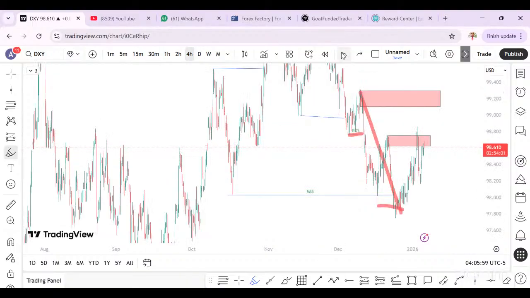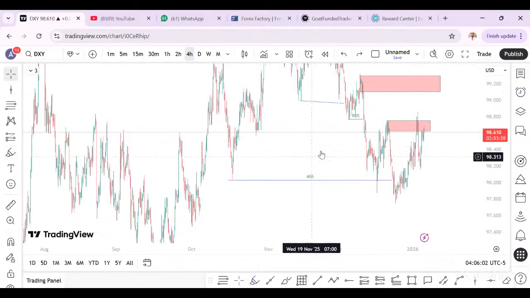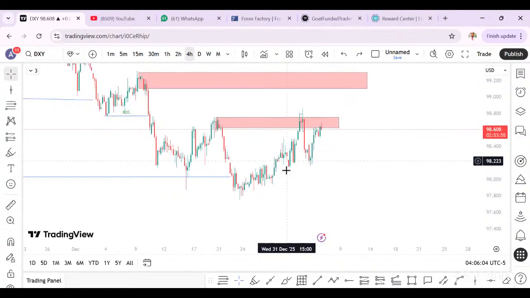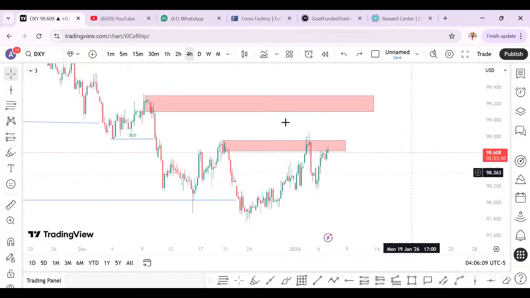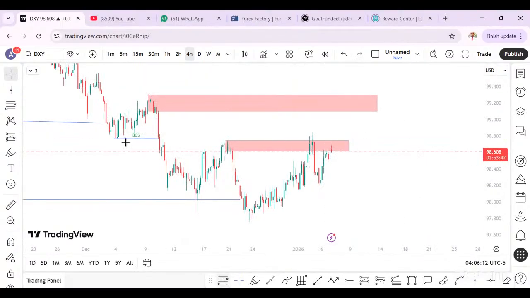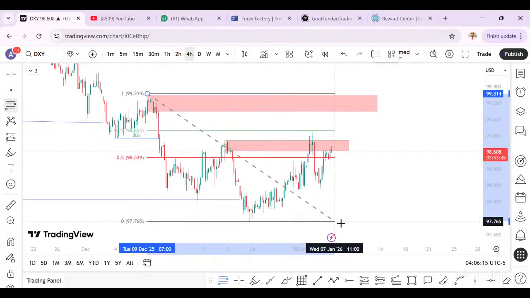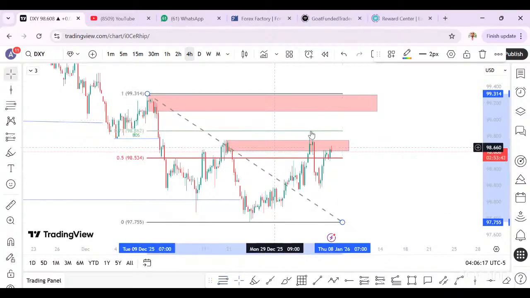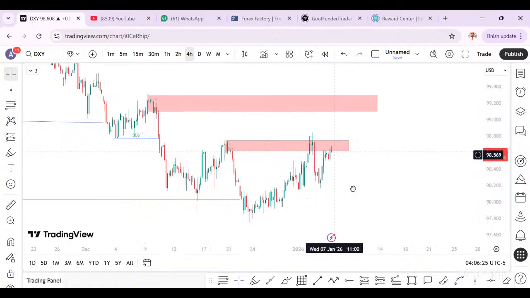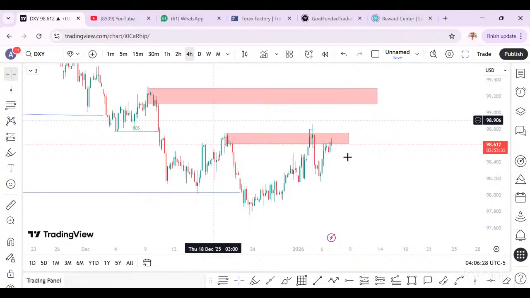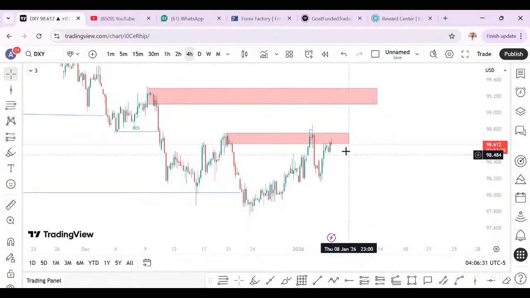Now, the fractal structure on the smaller time frame is showing us what produces a retracement. The retracement is whether it dips into this. And when we look at our swing, you can see price has come to premium and mitigated this zone and given us a displacement. So that's why I said this may be a valid zone. The news will determine. If the news comes out bad for the dollar, we can see the dollar sell off. And if it's strong, then this is another place where the dollar may sell off.